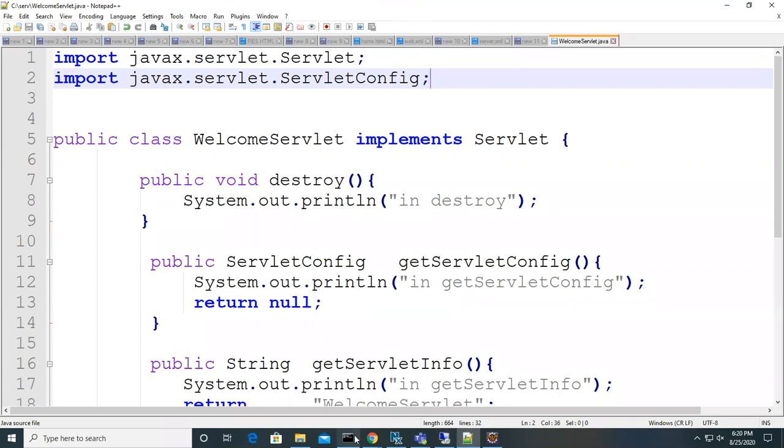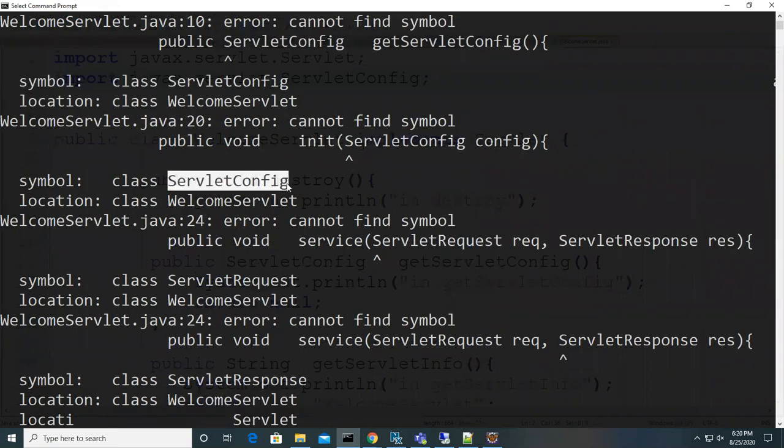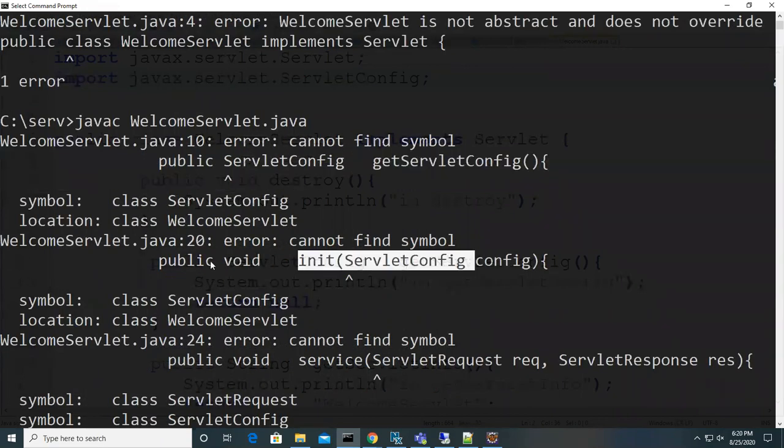So what is the other error, guys? The first error is that getServletConfig is not able to find ServletConfig. The second error is also a ServletConfig error, because we are using this ServletConfig in two places: one is in the getServletConfig method, and another is in the init method.